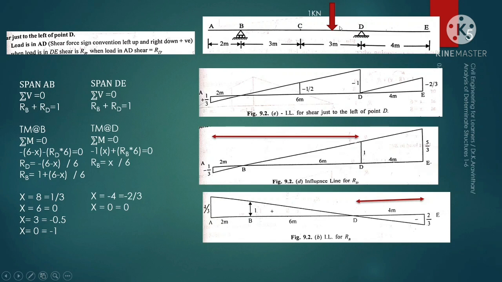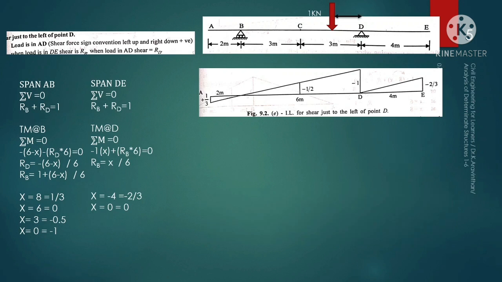The shear force is required just left to the support D. Okay, if I place some load at a distance of x, so let us consider this distance as x, and the same thing what you have to do, first we have to consider the span AD. So A and D will be one span and D and E will be other span. So this is left of D and right of D. That is why we are only considering two span.